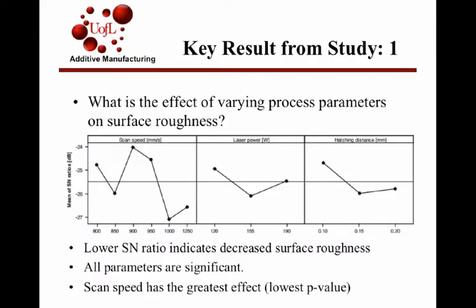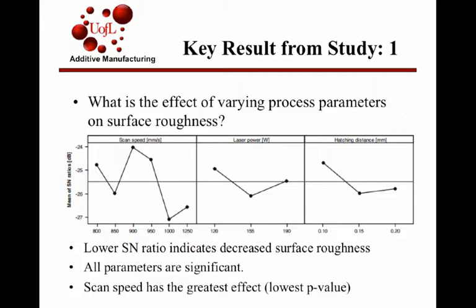So what is the effect of these process parameters? This is just the statistical results that you see. They didn't actually present a graph of physical roughness data for this. They just showed this SN value on the y-axis, which is the statistical representation of the surface roughness. At a lower SN ratio, that indicated a decreased surface roughness. So you see for the leftmost graph there, for scan speed, your lowest value is 900 millimeters per second. Your lowest laser power produced the lowest roughness, and also your lowest hatching distance produced